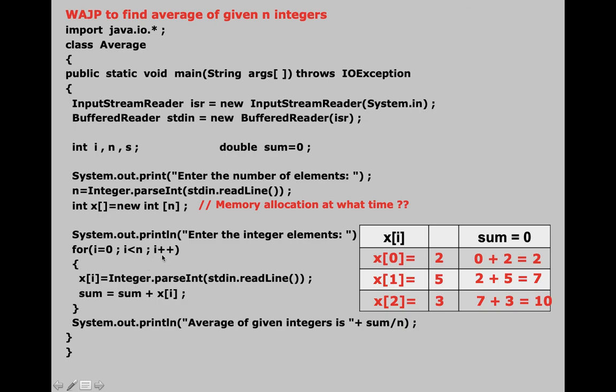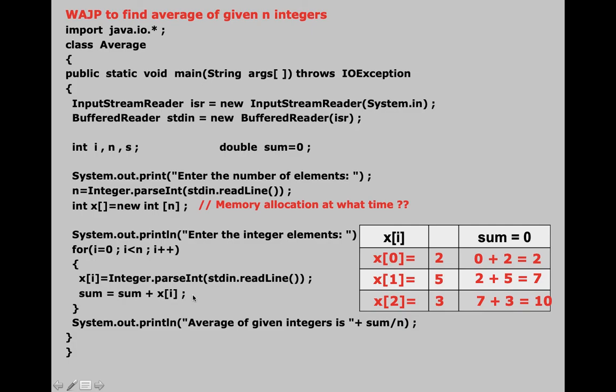I takes the value. What value? See, I was 2, so I will take the value 3. So is 3 less than 3? False, and the loop will stop. Now when the loop has stopped, please understand what we have achieved. We have stored 3 elements in the array, and we have also found the sum of those 3 elements. So this statement has stored 3 elements in the array, and this statement has found the sum of those 3 elements.